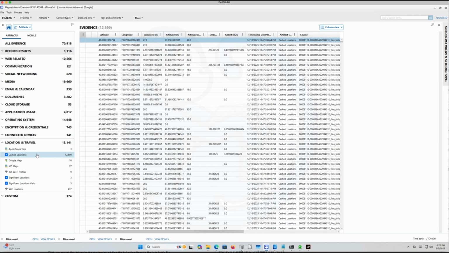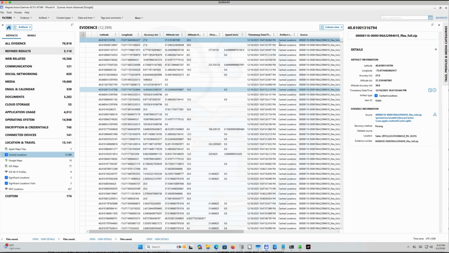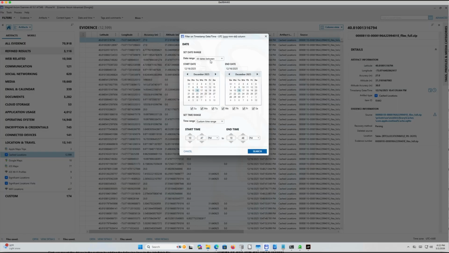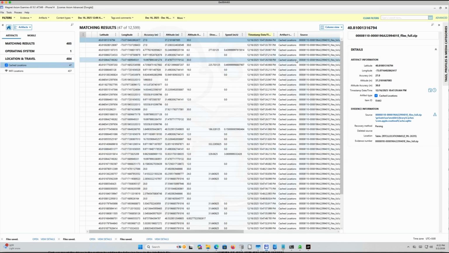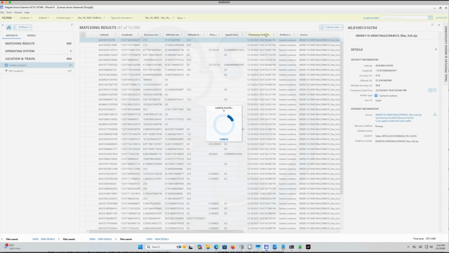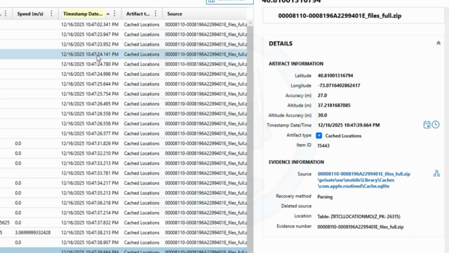And then under there we have the cached locations artifacts. Since there are 12,599 items, let's narrow it down by setting the date and time limitations of December 16, 2025 between 10:47 p.m. and 10:48 p.m. This narrows it down to 47 entries, and we can sort this timestamp column and scan for the exact time of